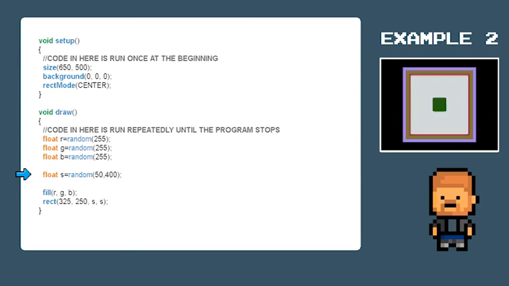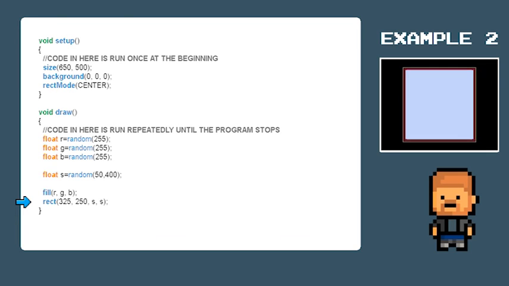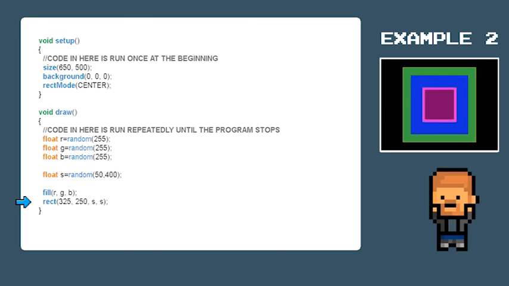We pass in two numbers this time as we don't want any rectangle smaller than 50 and no larger than 400 pixels in size. Later on down here, we assign that size variable by knocking out the two 50s and replacing them with two s's. That way, every time around the loop, the program draws a rectangle in a random color and a random size.